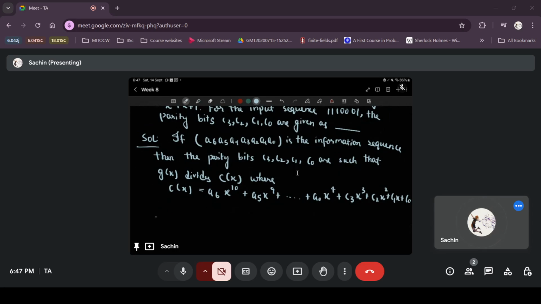So we have to get a remainder 0 when we divide c of x by g of x. Here g of x is x power 4 plus x plus 1,